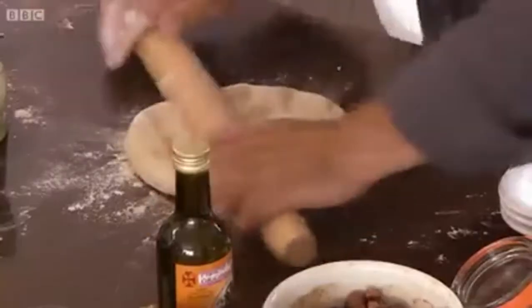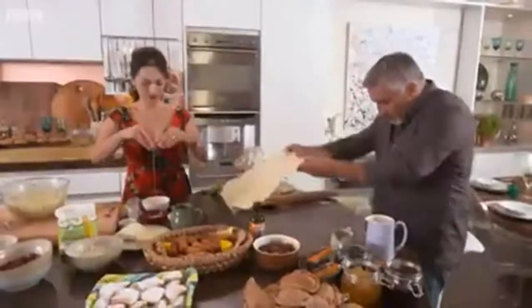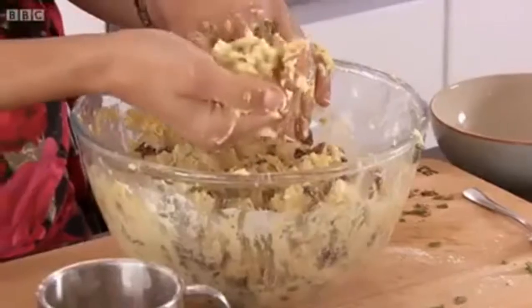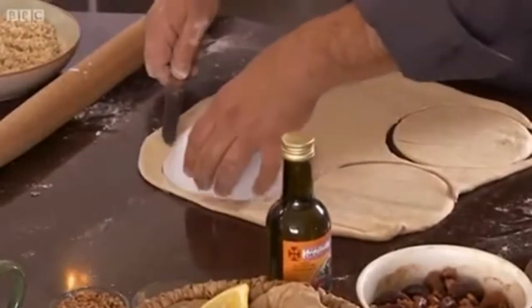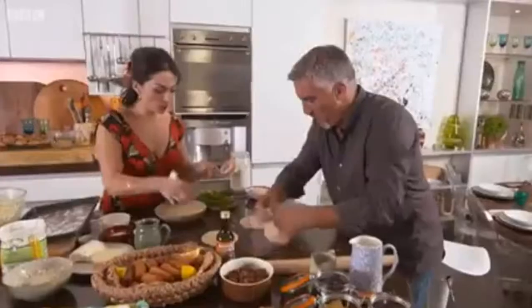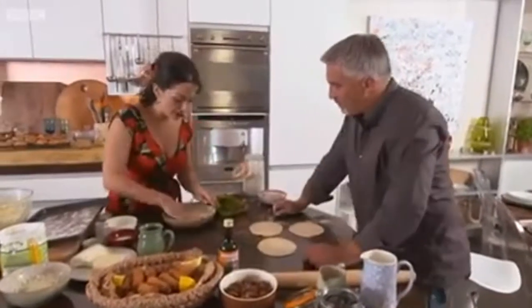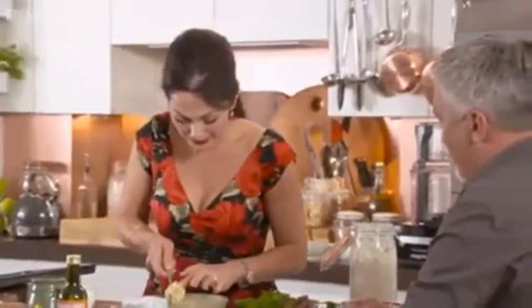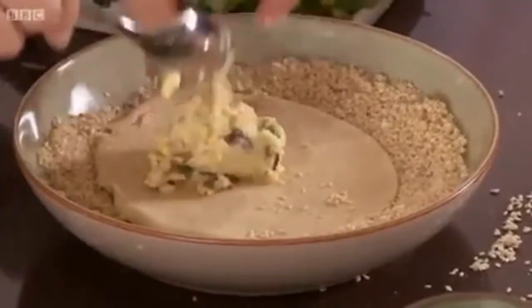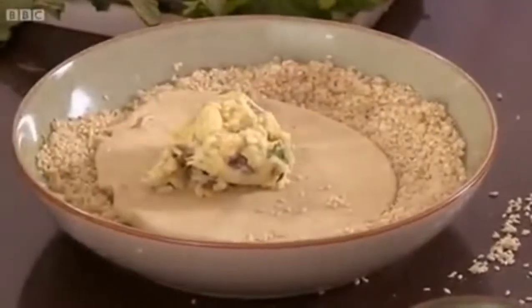What I'd really like you to do is to roll out the dough, please. Roll out the dough fairly thinly, but not so thin it won't hold the filling. Then, cut out circles. Tonya's little bowl is perfect as a guide. What I'm going to do now is I'm going to take it and I'm going to press them into the dampened sesame seed. And then to that, you're going to add a tablespoon of the flaounes mixture, just like that. Yeah. Then you're just going to...